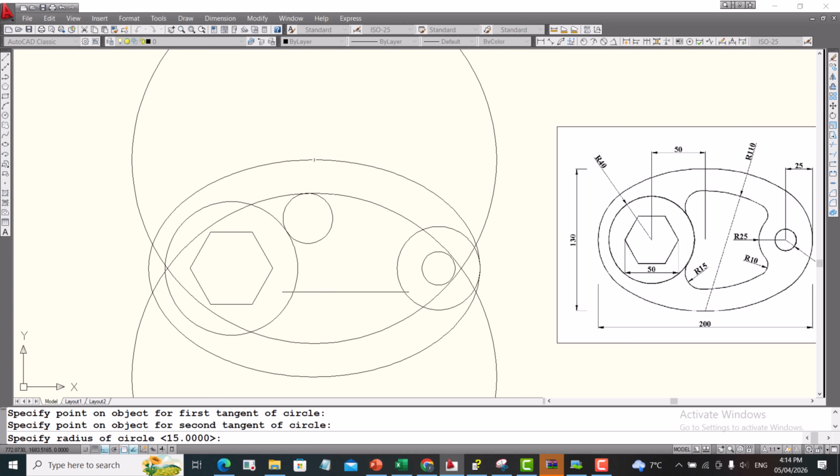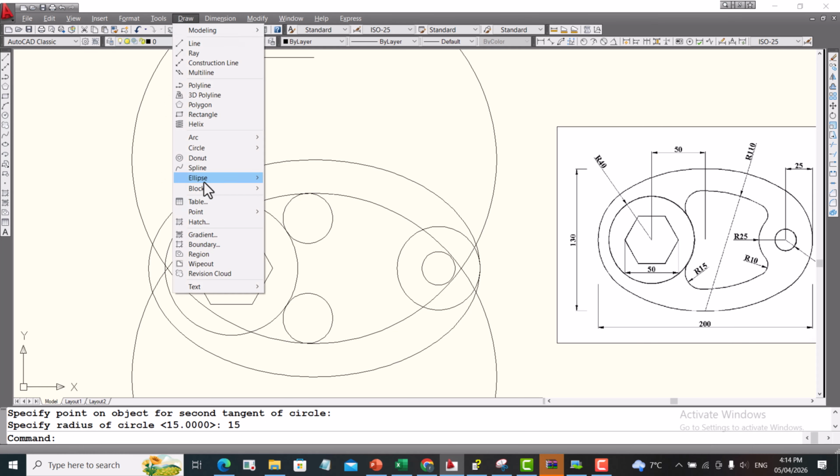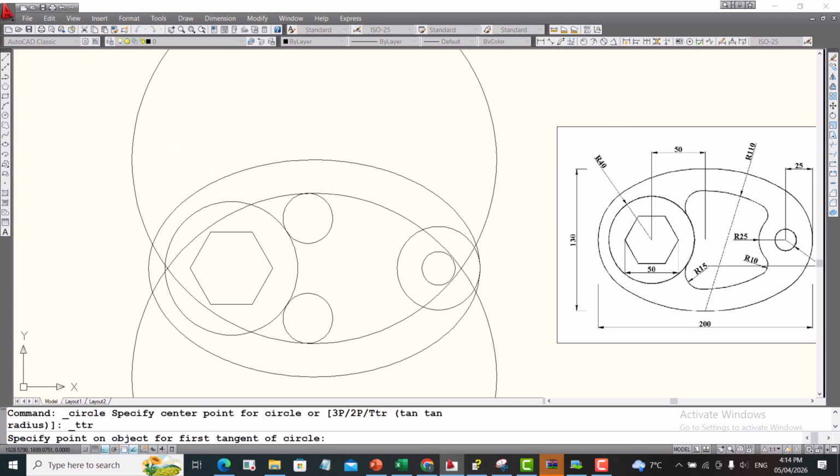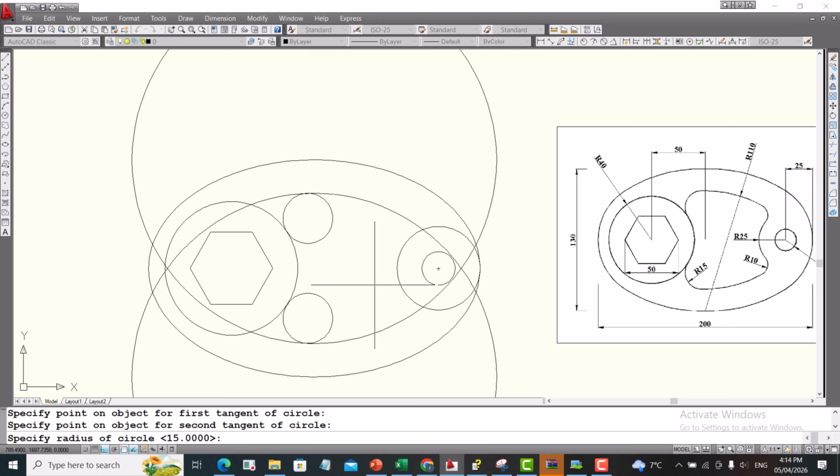Make sure to put cursor here in the side. If you put cursor in the side and apply the radius, it creates the circle in the side. So I put cursor here and apply the radius. Yes. Again, draw circle, tan radius. This time radius is 10. Determine the circle and this circle, then radius is 10. For this one again,